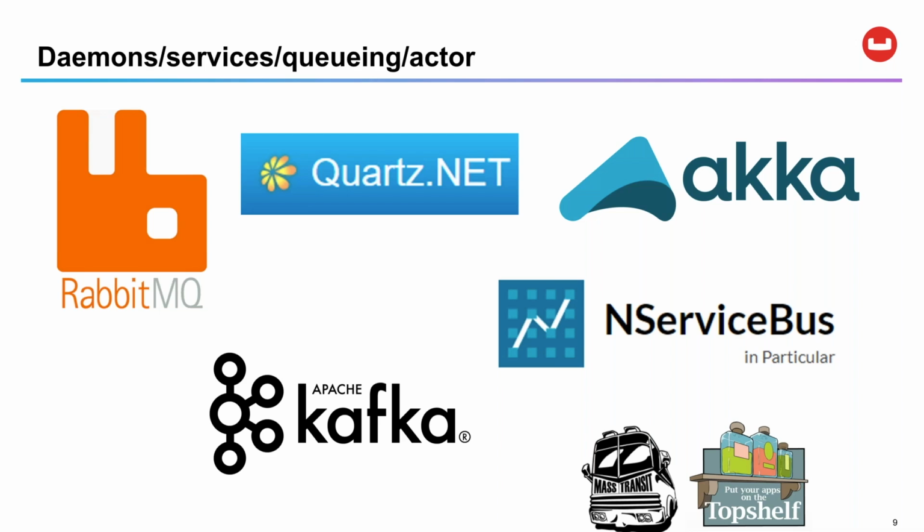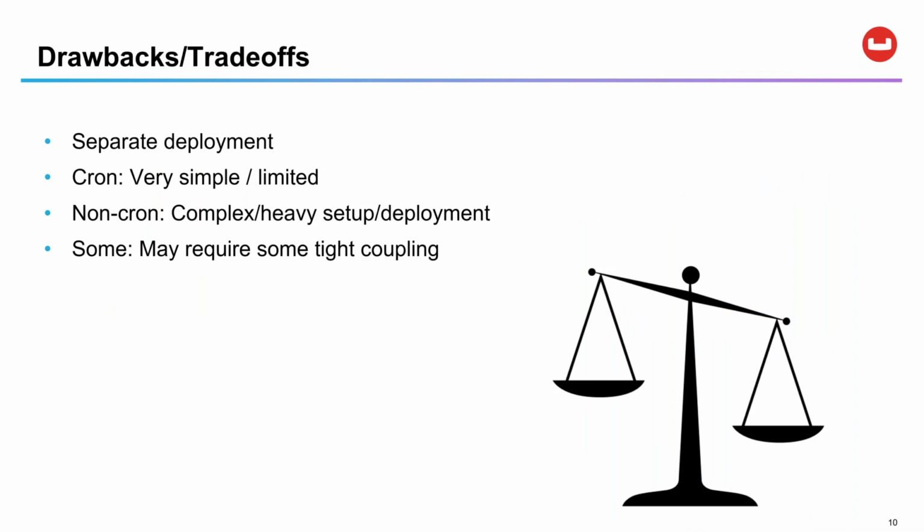And they may require implementing specific interfaces like base classes and APIs, and that may require some coupling, which, your mileage may vary on how much you want to do that. And again, these are for good reason, because they support complex scenarios: multiple state, background processing, long-running multi-step processes, broadcasting, things like that. So these are powerful tools, but they're very heavy and/or require some complexity to get up and running with them. So these are the drawbacks and trade-offs of those two approaches, the cron approach and the separate piece of software approach,